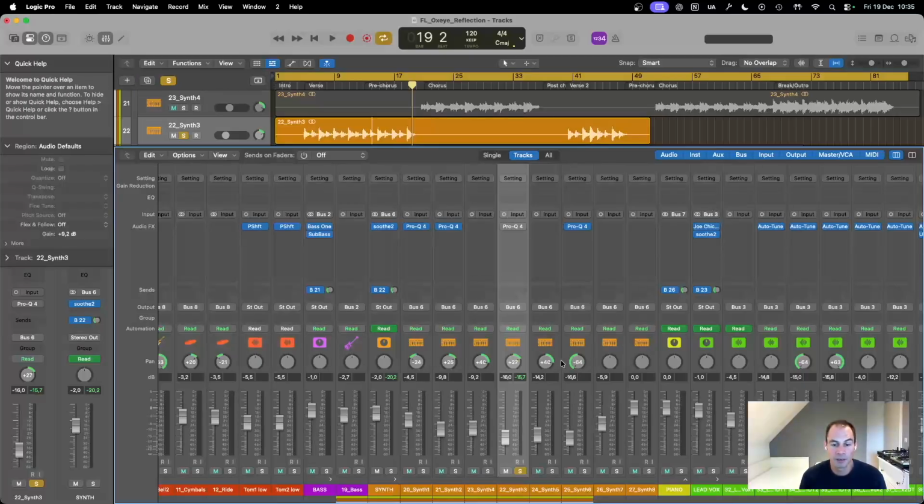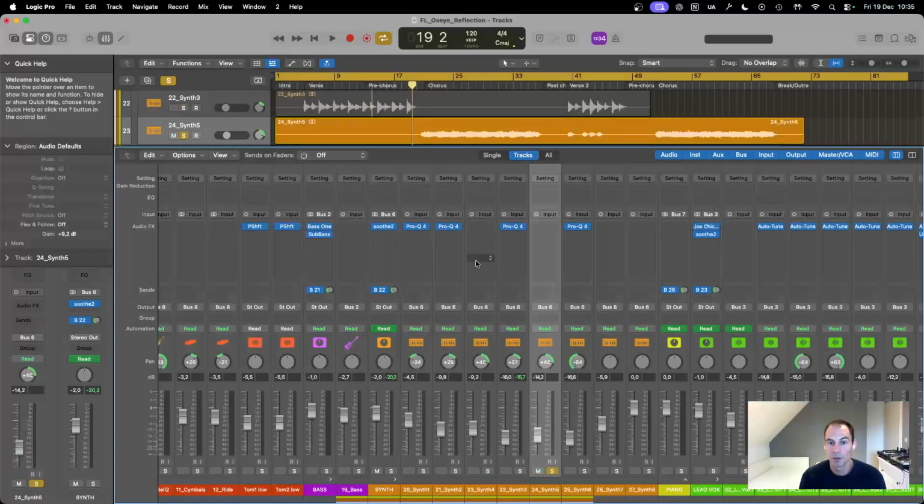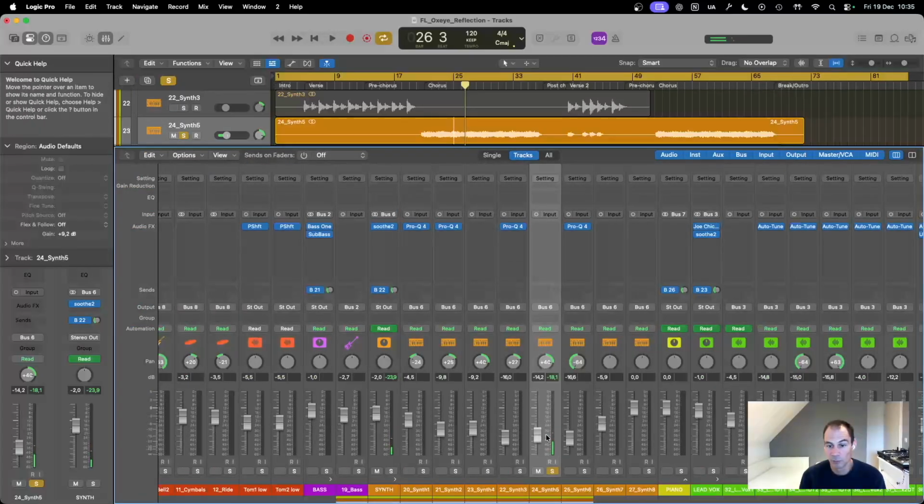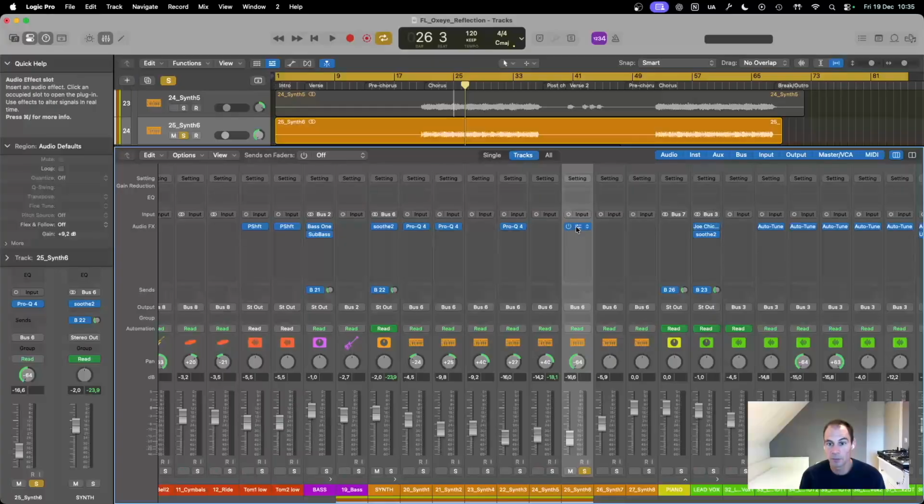There's a lot of panning here, just to bring that wide stereo field back, but build up from all these individual ones, so they all have their space and they're not interfering too much with the other stuff. This one I didn't do anything with. What is it doing? It was really low volume and it's just filling up space. And this one,